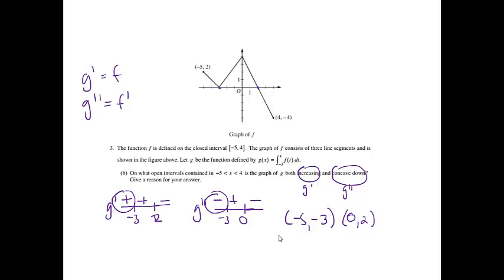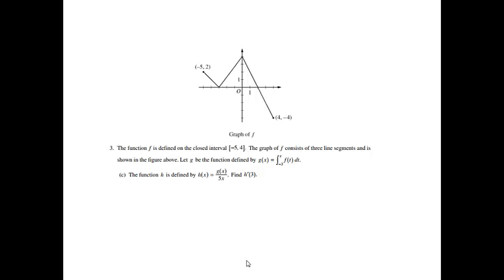So these are my answers, and my reasoning why will be because g prime is positive and g double prime is negative. All right, this problem would be worth 2 points, 1 point for getting both intervals correct, and then 1 point for your correct reasoning. All right, part C, the function h is defined by h of x equals g of